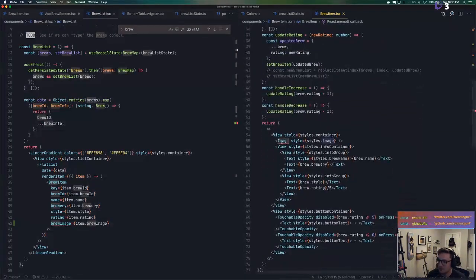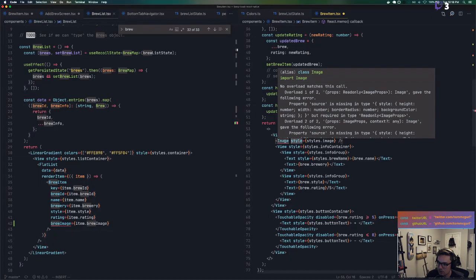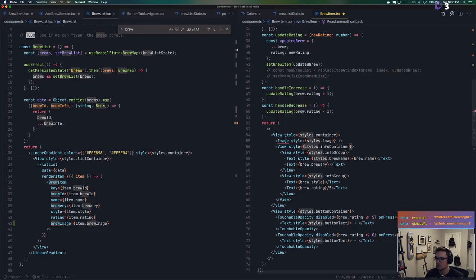So what we're going to do is, we already have the image. Now we just need to put the URI from our brew image here. So let's just try putting it and see what happens, and then we'll modify the styling later. To do that, we're going to say source. And actually, if you notice this, it's complaining. It's because it's like, hey, you don't have a source. Source is missing. So we're going to give it a source. So our source in this case is going to be equal to